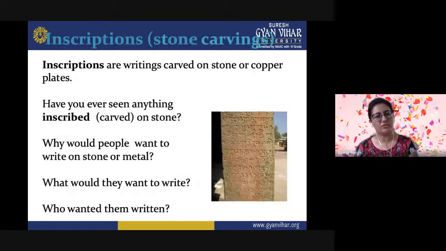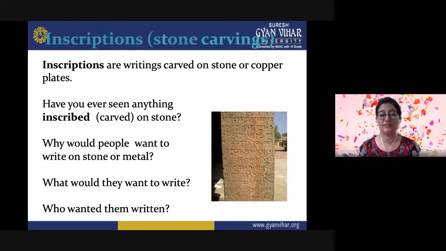Then there are inscriptions, which are also stone carvings like this. We can see in the picture that in this form, various rulers have had things carved on various kinds of stones, which are known as inscriptions. These were writings carved on stone or copper plates. We can ask the students, have you ever seen anything inscribed on stone? Then they will be able to understand, because in history there are certain things we have to think about in an abstract way, or we can ask our students to make stories regarding that. The storytelling technique is one of the most important techniques to be used in history,